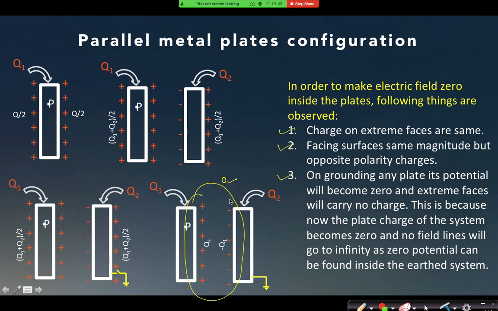0. Yes. Now can anyone explain to me why the total charge of the system will become 0? If I am looking from infinity to that system of charges, then what is the electric field line that I am getting at infinity? Am I going to get any electric field line at infinity? No, sir. If I am not getting any electric field line at infinity, or no electric field line is going to the system from infinity, then what will I understand from that configuration? Total charge of the system should be 0. That is why the total charge of the system is becoming 0.